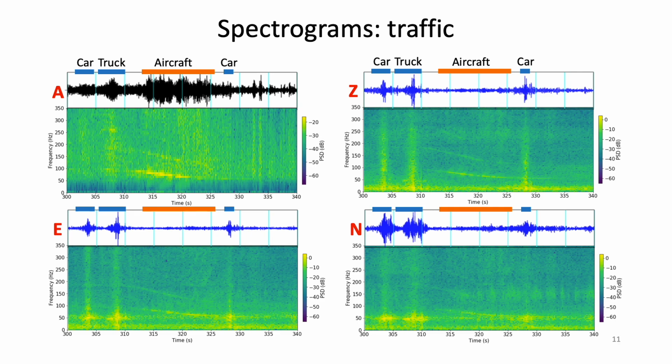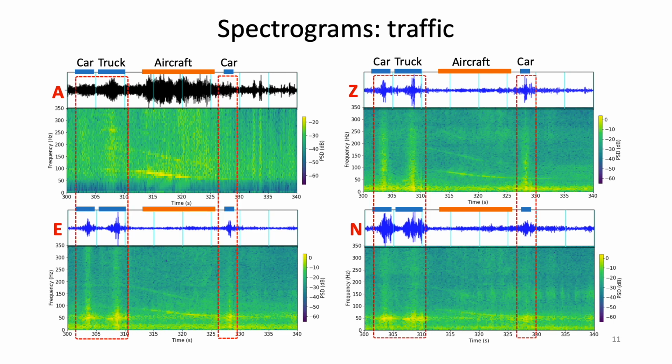If we focus on the ground-based traffic signals, compared with the audio recording, the 3C geophone recordings provide better temporal resolution and higher signal-to-noise ratio. As we can see, the traffic events show similar characteristics. Their energy distributes over a wide frequency range. The seismic response of the vehicles occurs only within a very short time when the vehicle is passing through the geophone. So based on these characteristics, we design a method to count the traffic events.